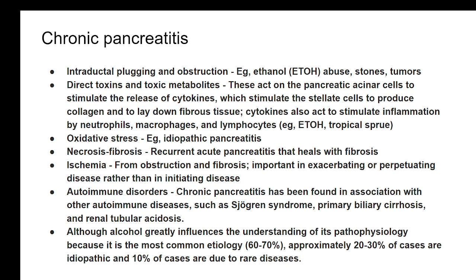Stones or tumors also can produce this obstruction. The obstruction within the duct may be due to residual solid substances that are precipitated, as in the case of an alcoholic person, where sediments of the bile may get obstructed, or stones and tumors could also be the cause. And toxins and toxic metabolites also are